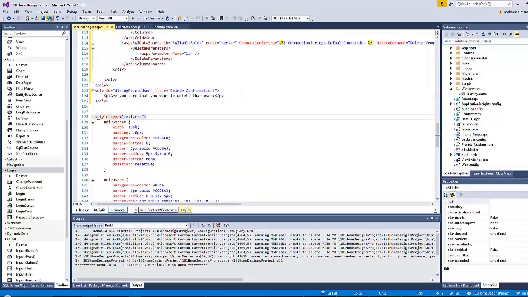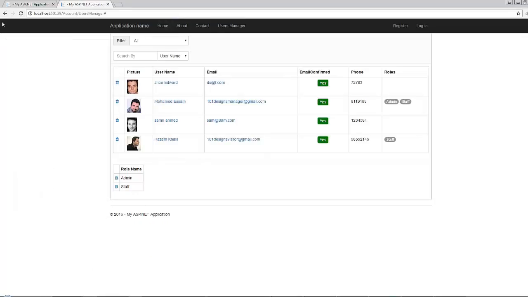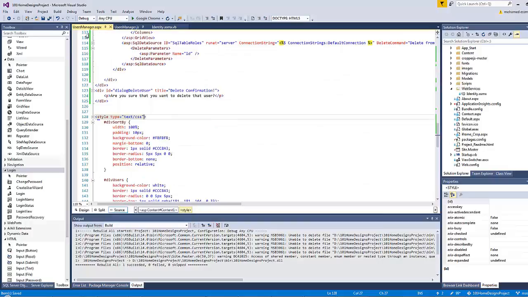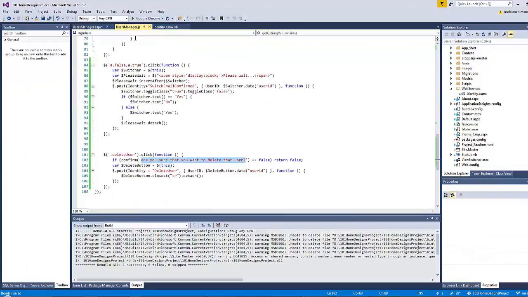Okay, however, if you click on save all and refresh the page, you will find that the div element is here by default. It's not hidden. It's supposed to show when you click the delete button. So in order to avoid making this div element displayed all the time, I will type here style equals display none. Okay, so this dialog will be hidden by default,